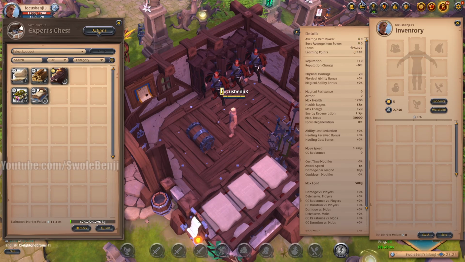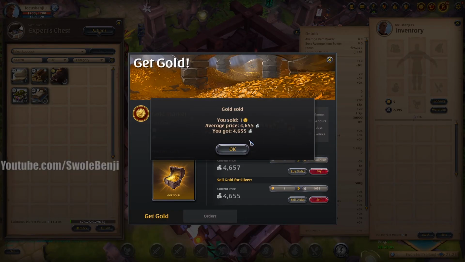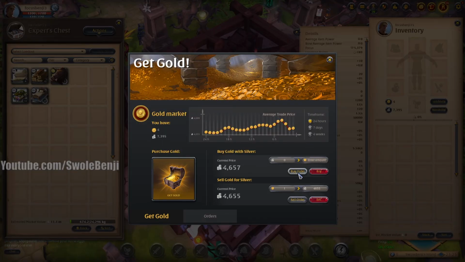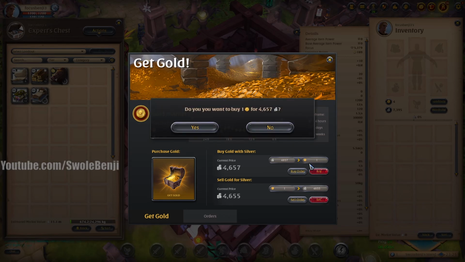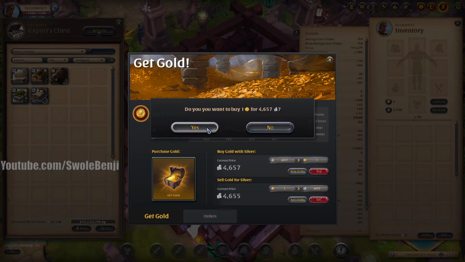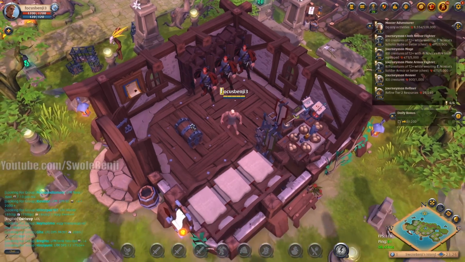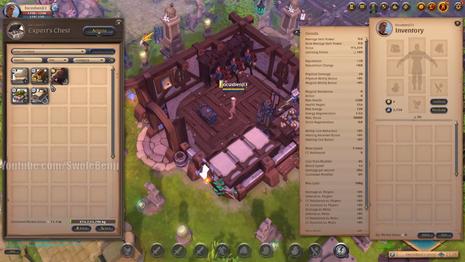And then this character here, I don't know if 2,740 is enough to sell for 1 gold. Yes, it is. There we go. No, I didn't mean to sell the gold. Whoops. Okay, well, there we go. 2738. Not enough to buy 1 gold. Oh well. Okay, so this account has 5 gold on it for next time. But essentially, we made a massive profit,